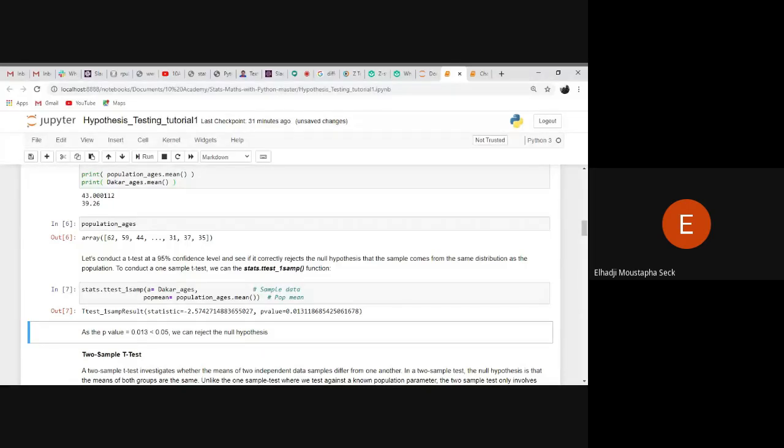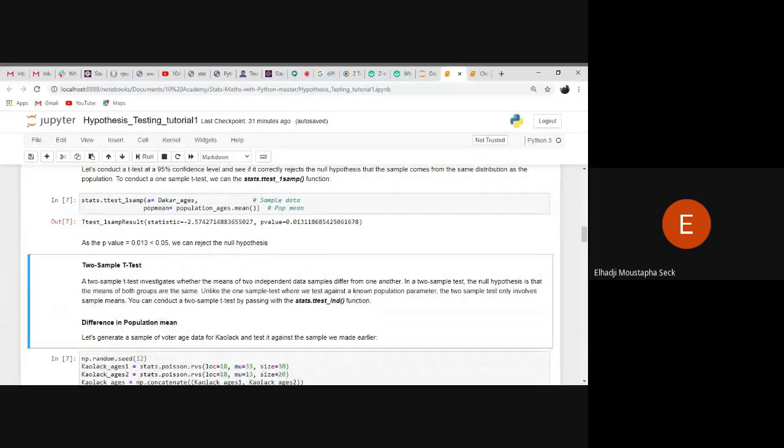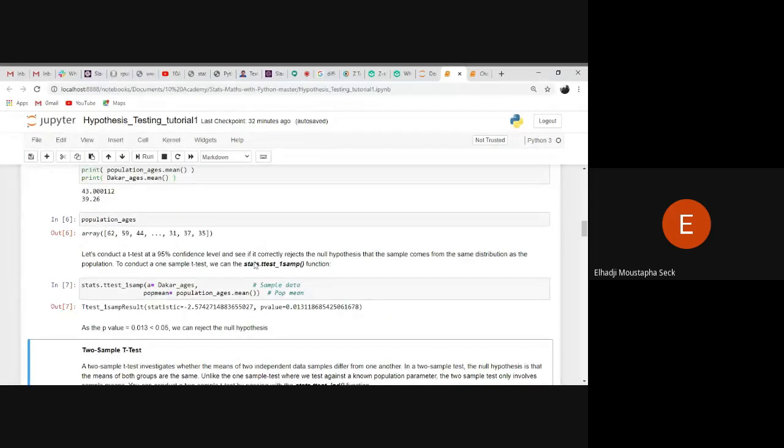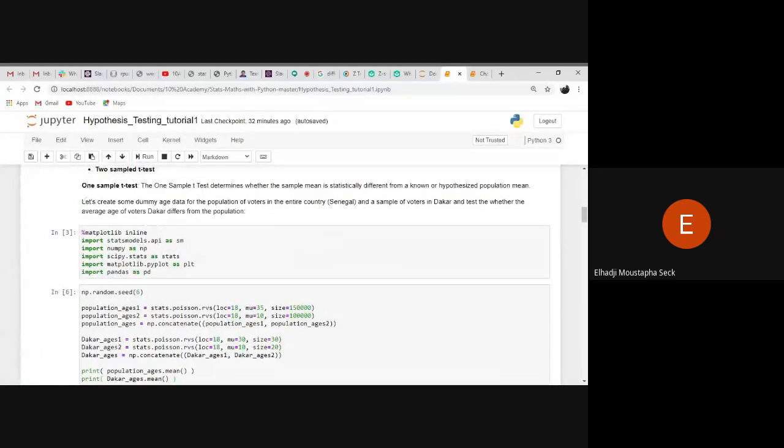So if the p-value is greater than 0.05, I have to accept my null hypothesis. So that's it. I have the p-value which is here, that is really less than 0.05. So we can reject the null hypothesis. What does it mean? It means that the age population for Dakar,